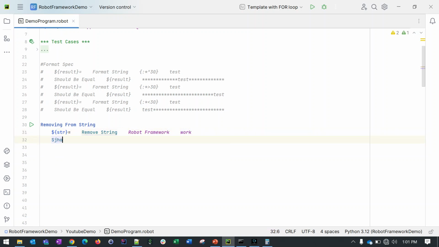So in that case it should be equal to string. In this case it should be robot frame, because we removed the work from the main string. Okay, similarly we can remove multiple substrings. So let's write string is equal to Remove String